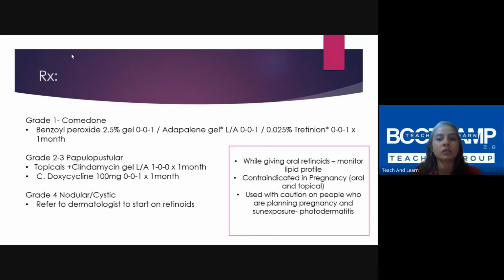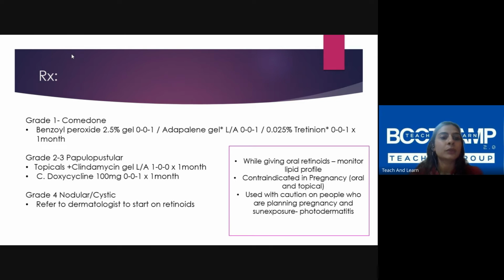Yes. And also you have to be very cautious with female patients. Ask them if they're planning pregnancy or planning to get married soon, because even topical retinoids you cannot give during pregnancy. So tell them that before giving the treatment itself. Even if they do not have any plans of getting married, tell them, because they tend to reuse the same treatment. If you give one treatment for acne, they might not come back to you the next time they get acne. They might continue whatever treatment you have given previously. So just before giving retinoids to any female patient, tell them this.